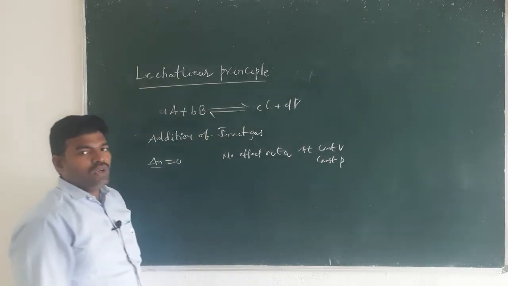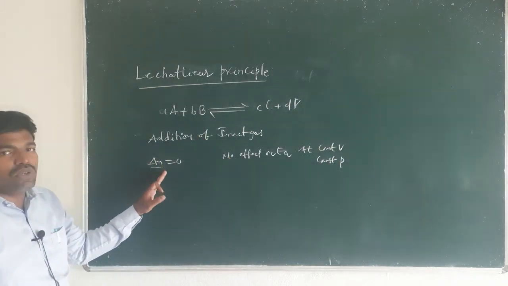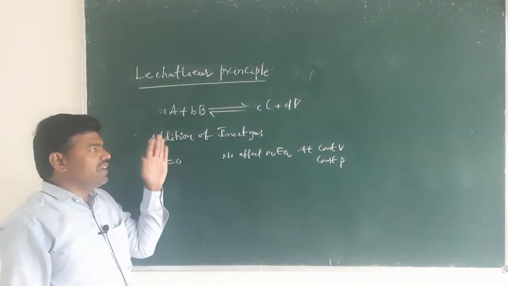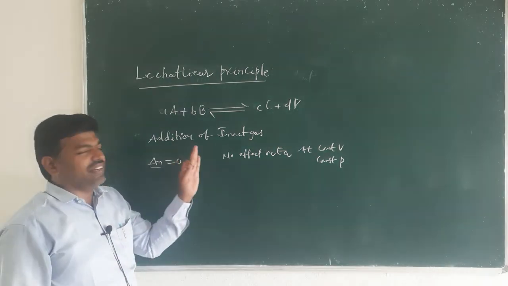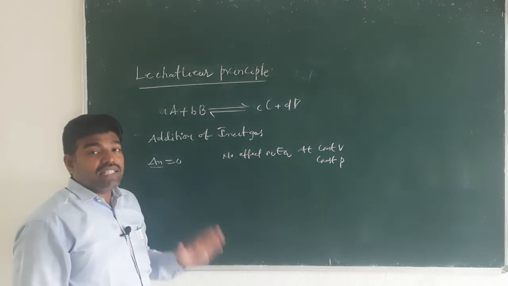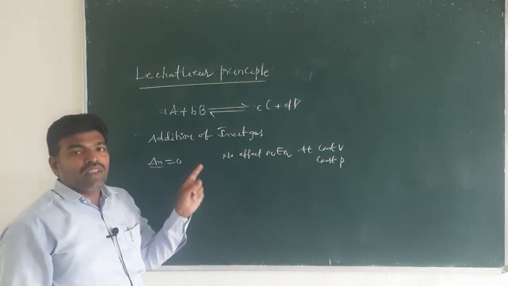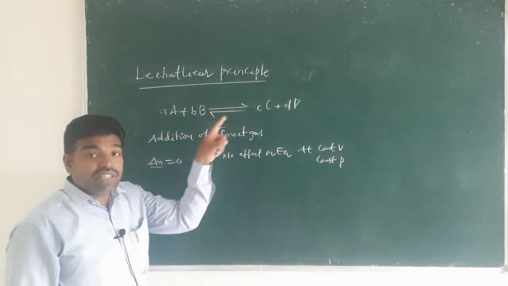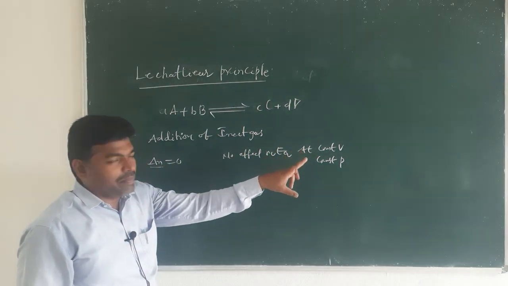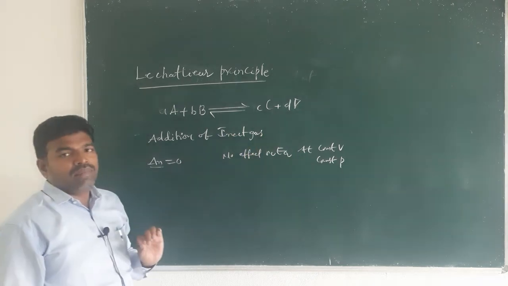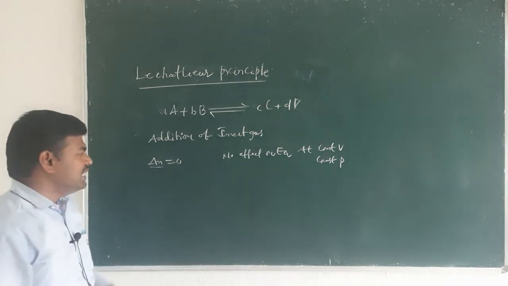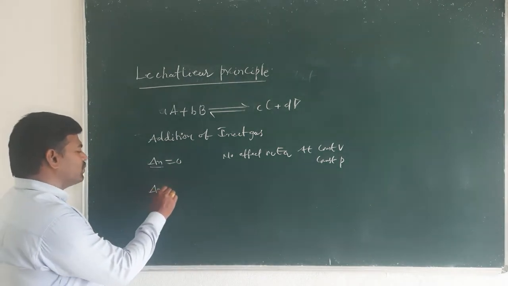So, if delta n is equal to 0, then addition of inert gas has no effect on equilibrium at constant volume and at constant pressure. When we are concerned with gaseous reactions, we need to study the reaction at constant volume and constant pressure. If delta n is positive,